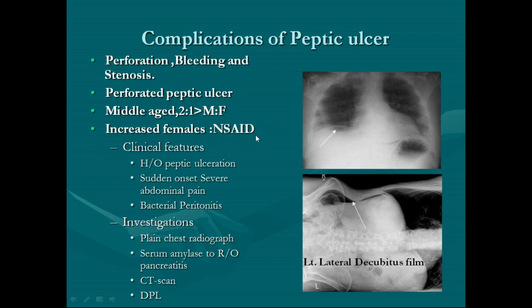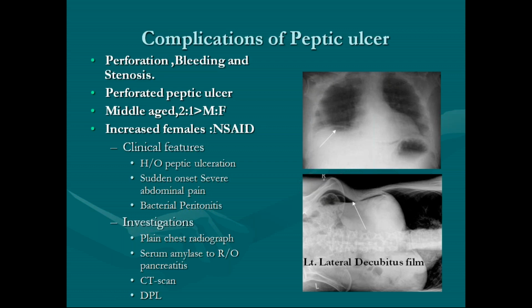Then how does the patient come to us in the casualty? The patient will have severe abdominal pain, sudden onset of severe abdominal pain, and when you inquire about the history, the patient will complain of a long standing history of ulcer or gastritis, for which he is on PPIs or some H2 antagonists, okay. Initially there won't be any fever, but there will be severe abdominal pain. Why? Because the gastric contents expelling out through the perforation will come and irritate the peritoneum.